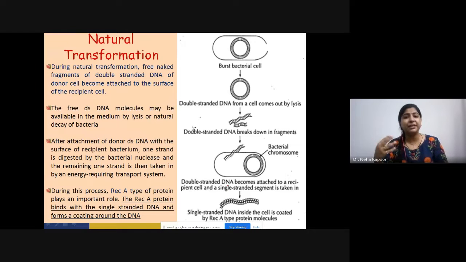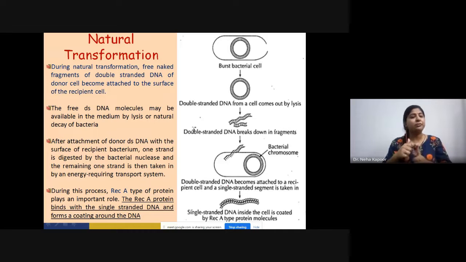Because of that, the mice first of all died in the first case. From there he reported this process, that the naked DNA is being uptaken by the recipient cell. So from there, the transformation process can be categorized into two types, that is natural and artificial. If you talk about natural, as the name suggests, this process is happening naturally, we are not inducing it.